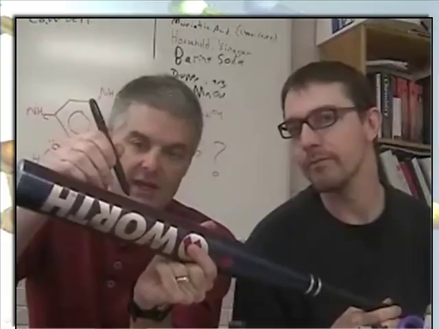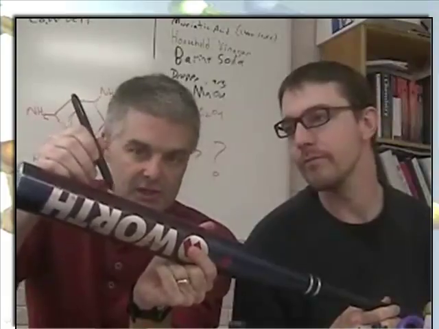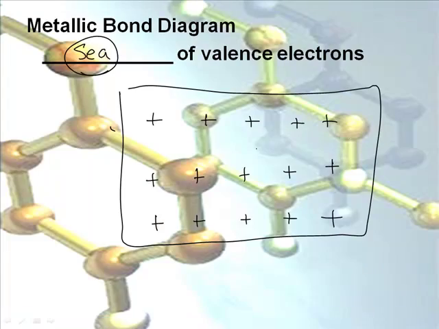All right, so if we take a look at this aluminum baseball bat, it's held together. There are lots of different metal atoms in the baseball bat. And so if you look at this particular thing, there are lots of little positive charges. And somehow this piece of metal is holding itself together, since it's a metal. So if we look back on the screen, think of this as the big piece of aluminum, and then we've got electrons.